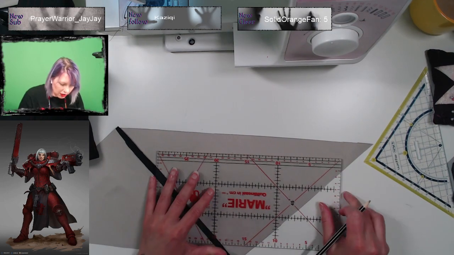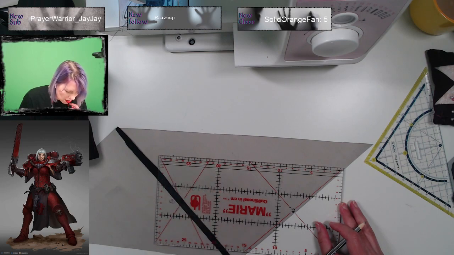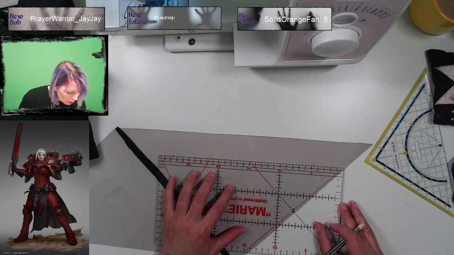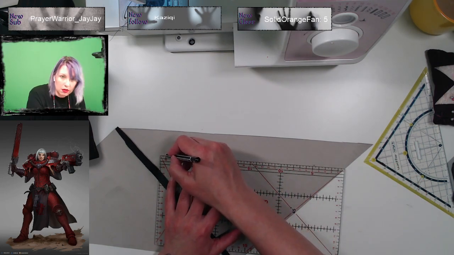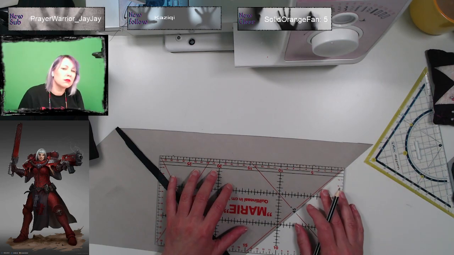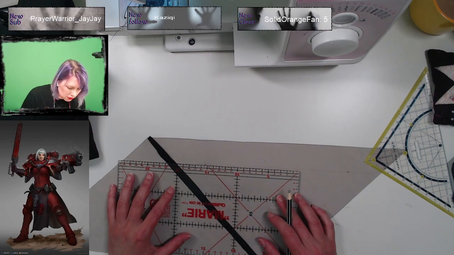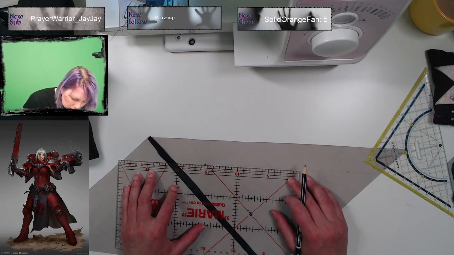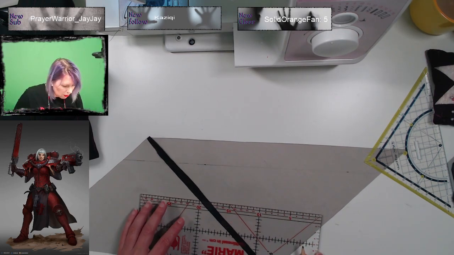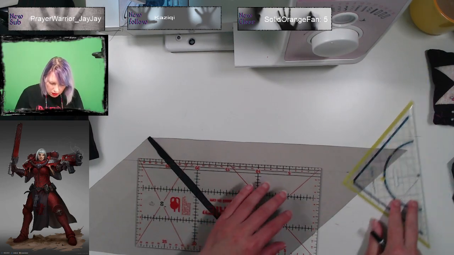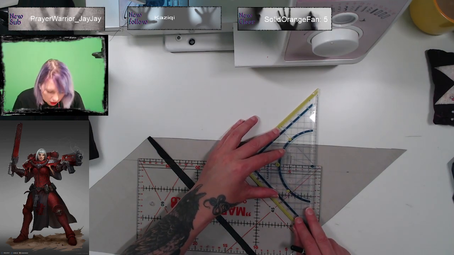So we'll put the first line on. Huh. Maybe that's what went wrong. Alright, so this is 4 centimeters. Yeah, it is. Ah, okay.